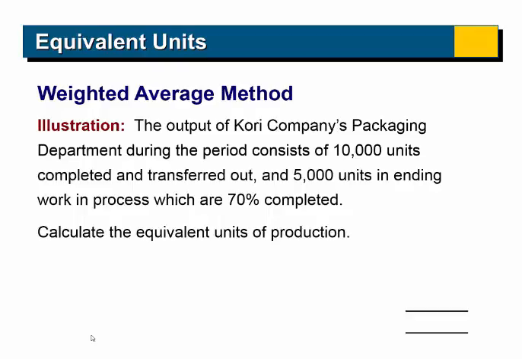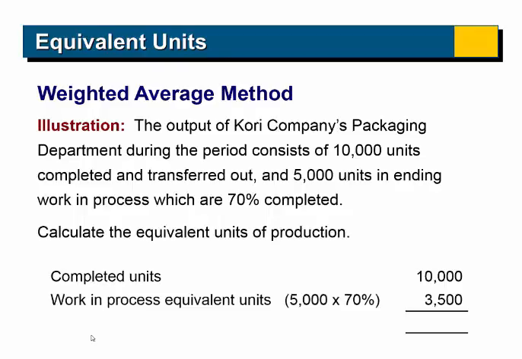They are not finished. We are going to take the quantity, 5,000, and multiply it times 0.7 in order to calculate the equivalent units. All right, so to total them up and get the equivalent units of production for the period for the work in process packaging department, we're going to take 10,000 units that are 100% of the way finished, that have been transferred out, and we're going to add that to 5,000 times 0.70, which gives us